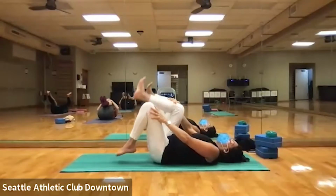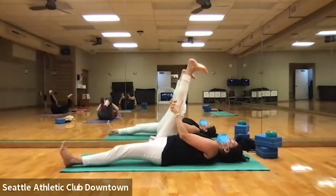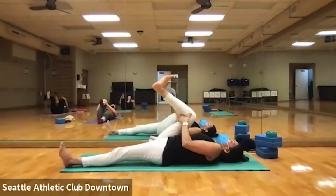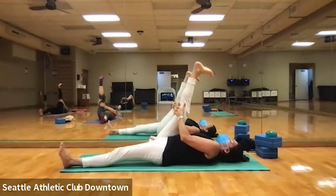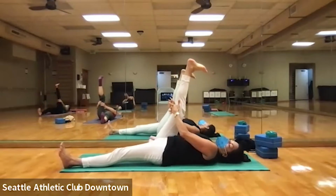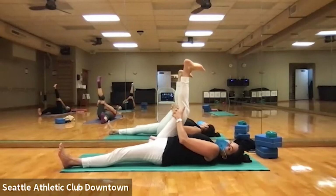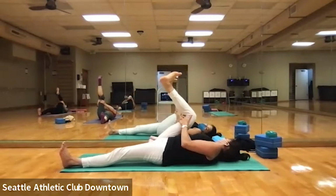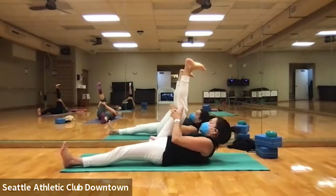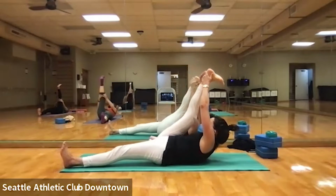All right, so extending your right leg, you're going to just hold behind the knee. And so what you'll do is you'll bend your right knee and then straighten it. And when you straighten, you'll feel like you're pushing the back of your knee against your hands, and then bend and straighten. And again, bend and straighten, and you'll lift your head and walk your hands up your leg, walking